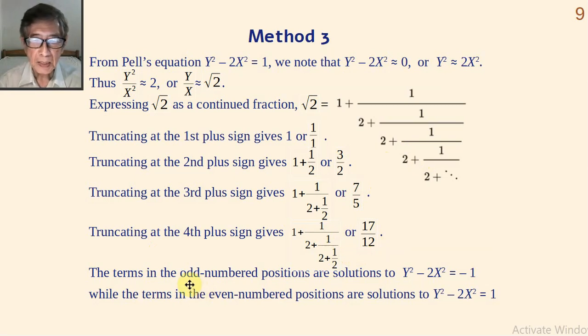The terms in the odd numbered positions are solutions to y squared minus 2x squared equals negative 1, while the terms in the even numbered positions are solutions to the Pell equation y squared minus 2x squared equals 1. And from this, we'll get the solution to our problem. If we go further to the next fraction,